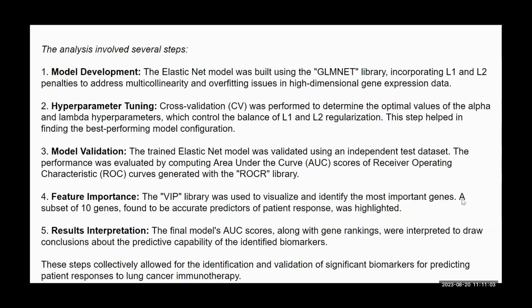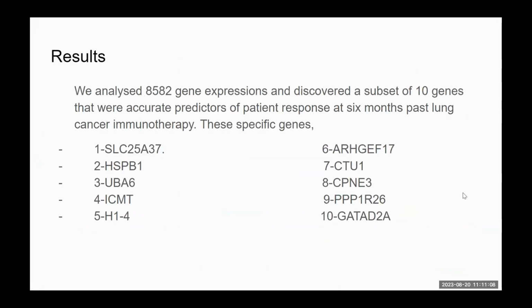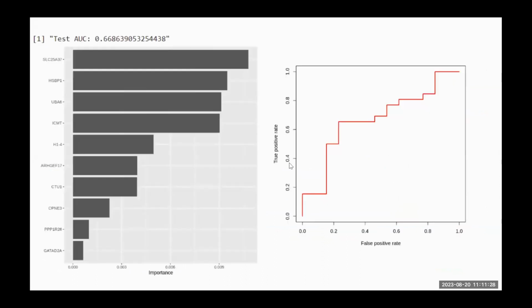to lung cancer immunotherapy. So for results, as I said, we analyzed 8,582 gene expressions and discovered a subset of 10 genes that were accurate predictors of patients' response at the 6-month mark of lung cancer immunotherapy. So these are the specific 10 genes. And I'm switching. So these are my graphs, my plots,